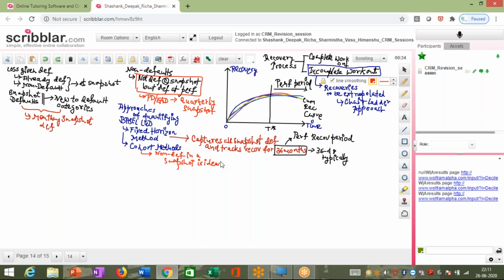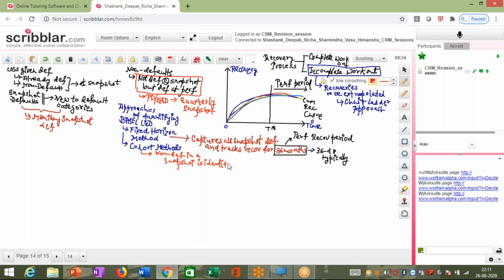So accounts which have defaulted, the accounts which have defaulted, right? So they are tracked for the next 36 months of recovery, because I am saying 36 months,